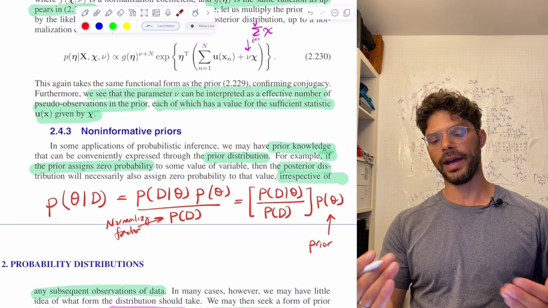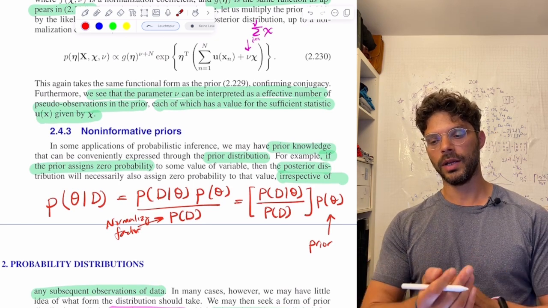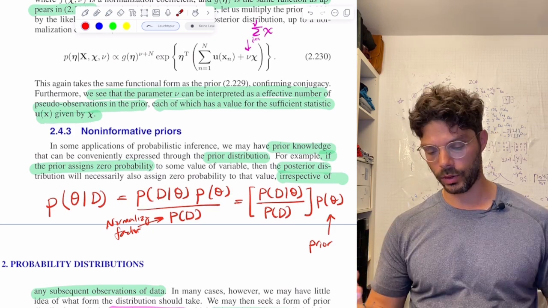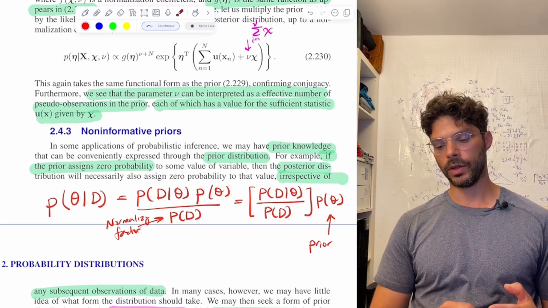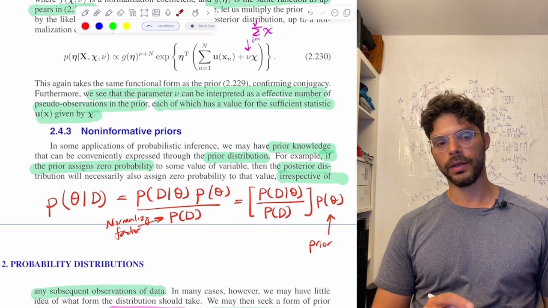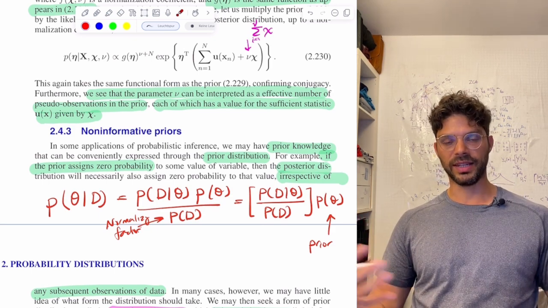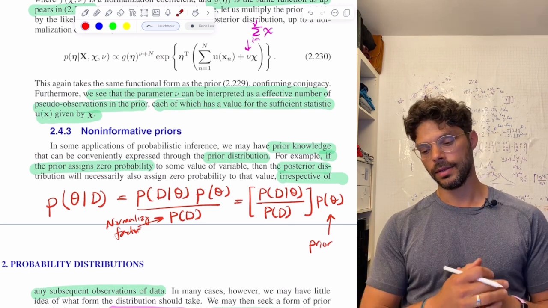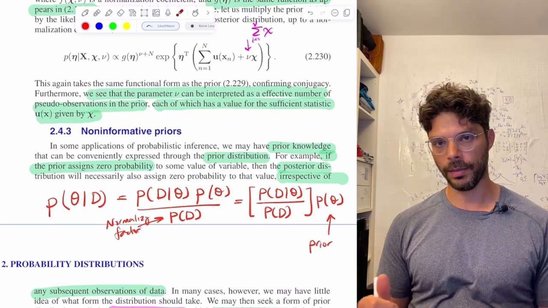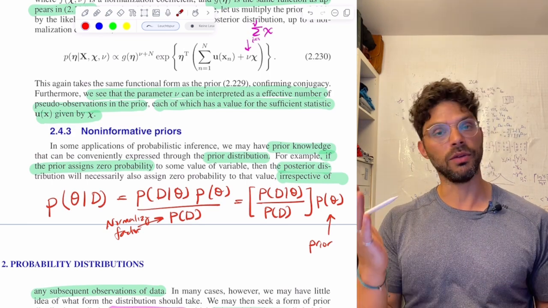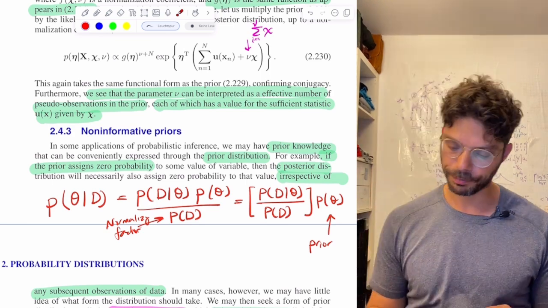In that case, it would be non-informative in the sense that given the knowledge you have about the prior, it gives you a distribution that has the maximum uncertainty. So it's the least informative in that sense. Whereas the sense he's talking about here is that it doesn't touch the likelihood. So there might be two senses of non-informative.